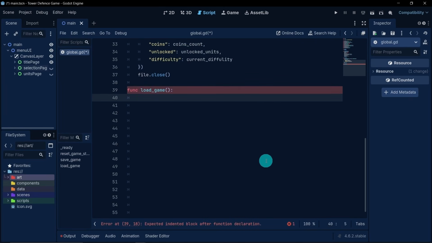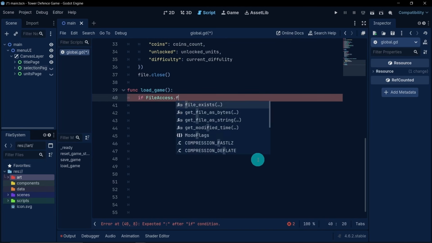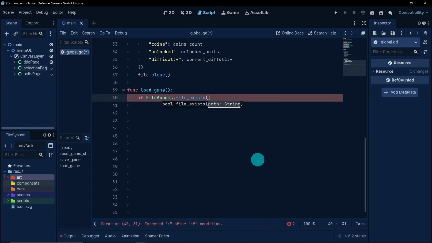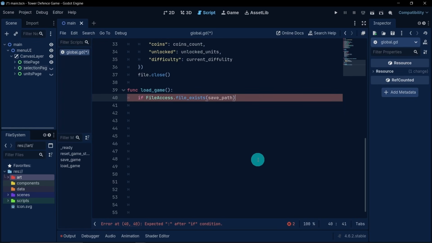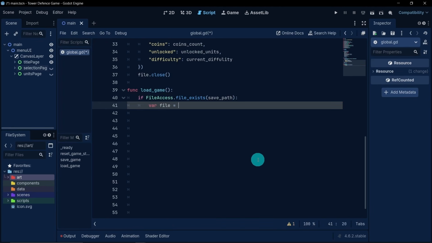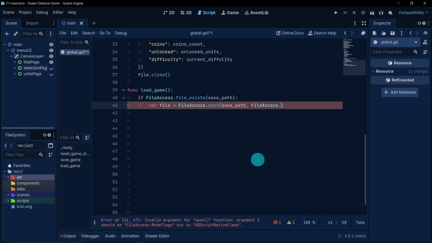Now inside the load function, first thing we need to do is say if file access dot file exists, then save path, colon, variable file equals, again, capital F, file access dot open, within open, save path, and then comma, file access, capital F,